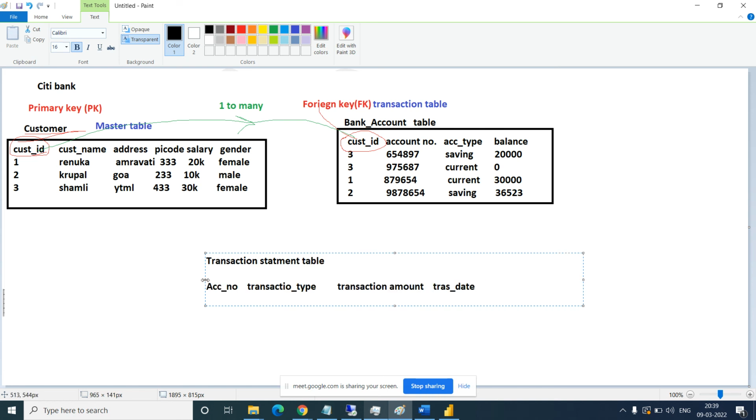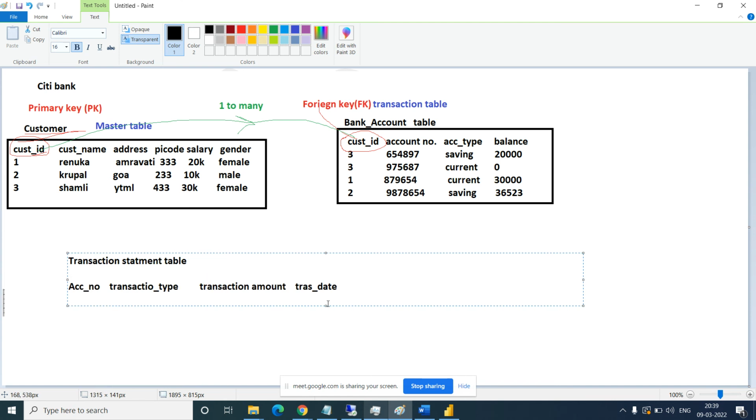Transaction date and transaction amount. One more is available balance.